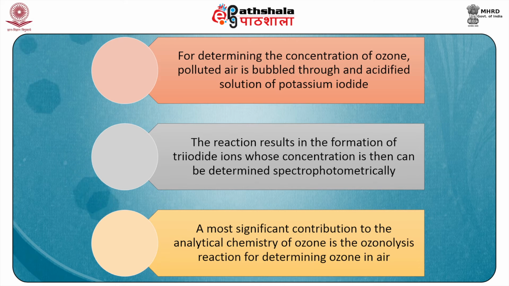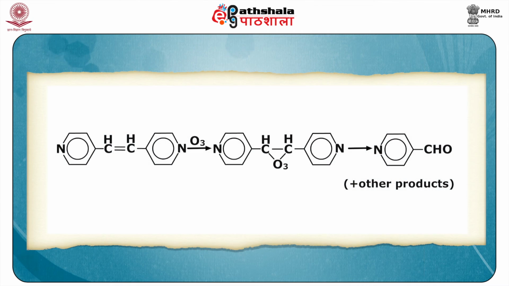A most significant contribution to the analytical chemistry of ozone is the ozonolysis reaction for determining ozone in air, using 4,4-dimethoxystilbene as the reagent. The resulting ozonide reaction product cleaves to form acetaldehyde, which can then be determined by colorimetric